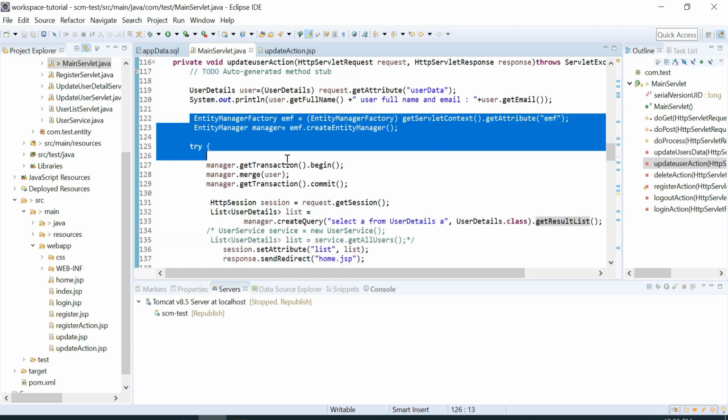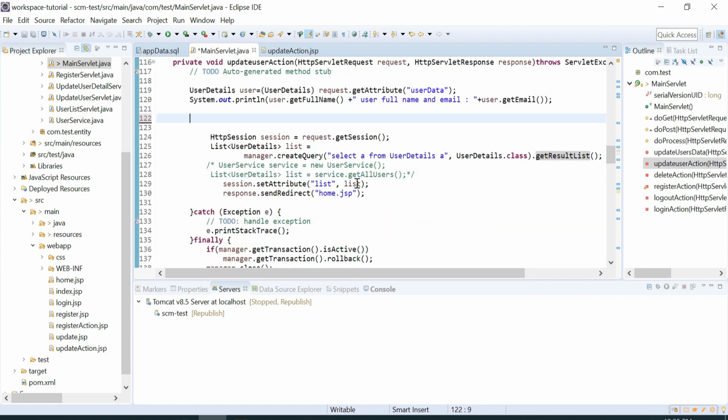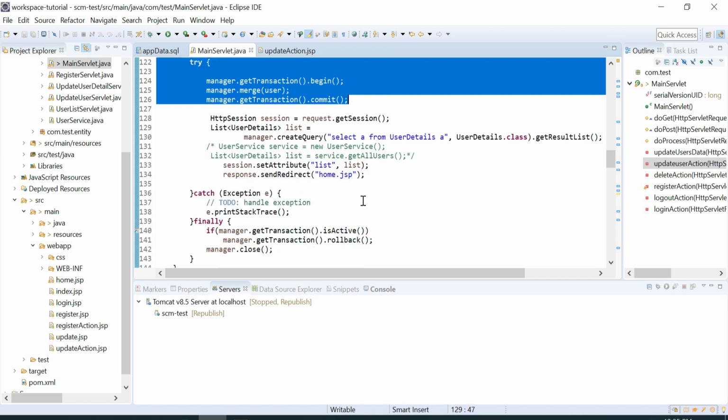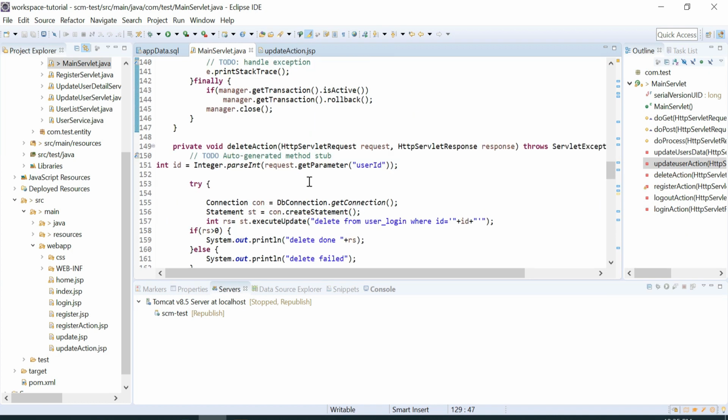For the delete operation, again we will utilize the same. We got the ID.